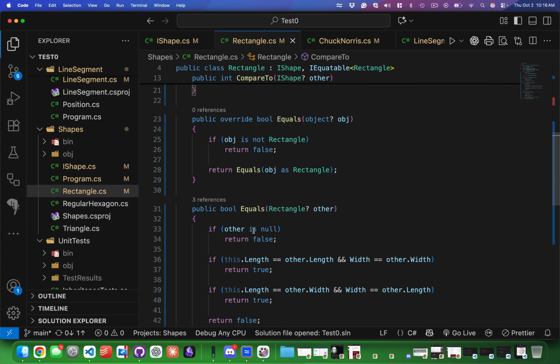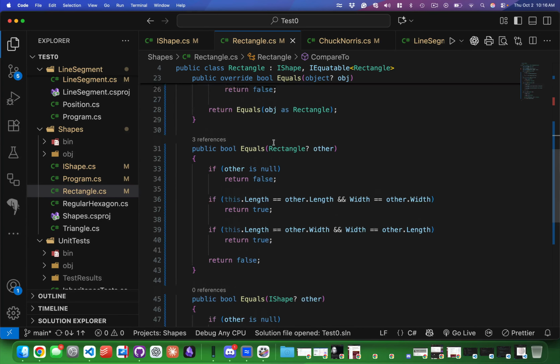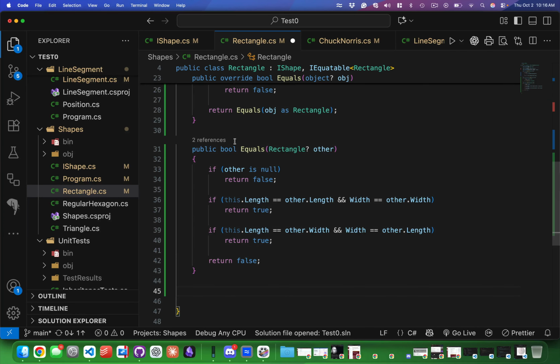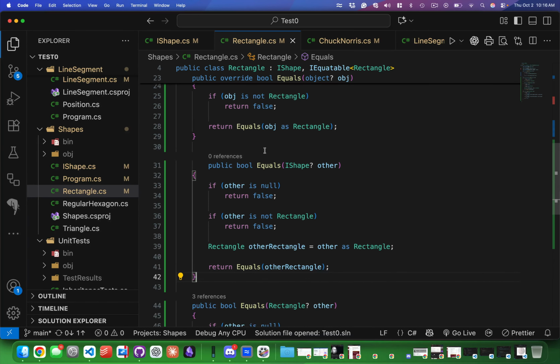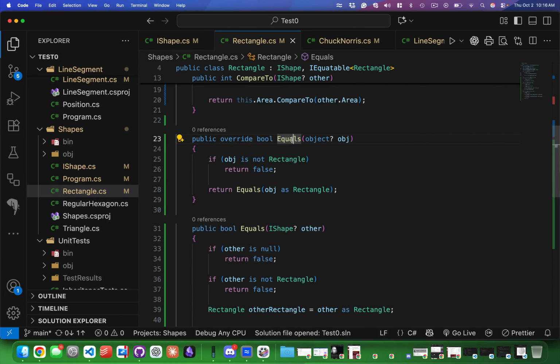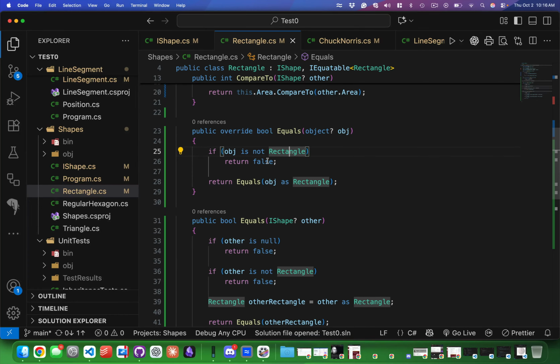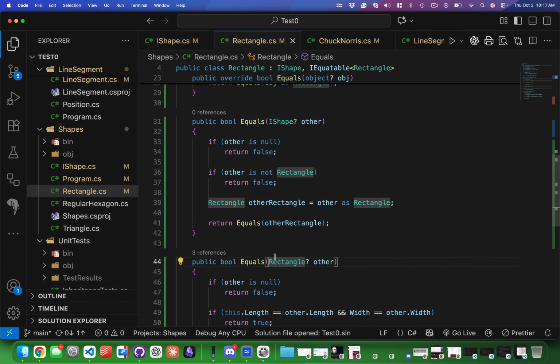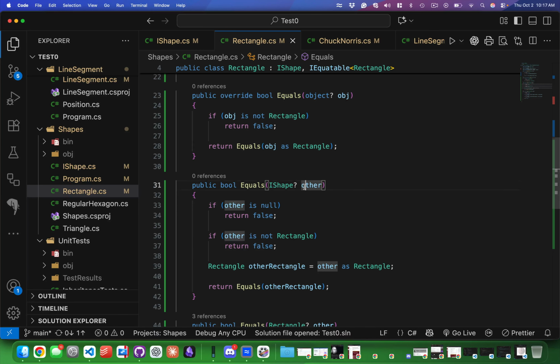So really, yeah, probably no. If I were going to reorder these now, to me it makes sense that it should probably go in this order, where you can say dot equals and pass in a general object. It could be anything. And I confirm, hey, is this other object a rectangle? If it is not, then it's definitely false. If it is, then I'm going to call this version of equals that takes in a rectangle. If you call equals with any IShape,